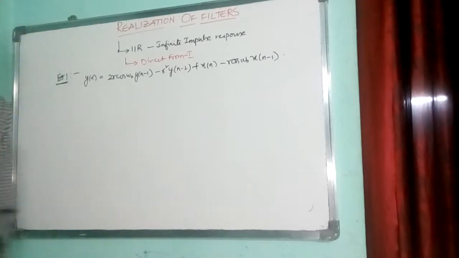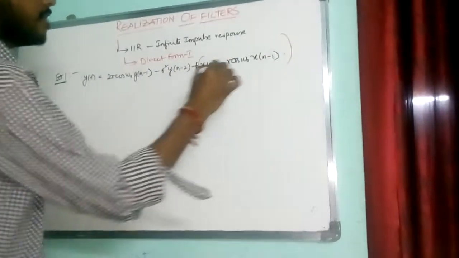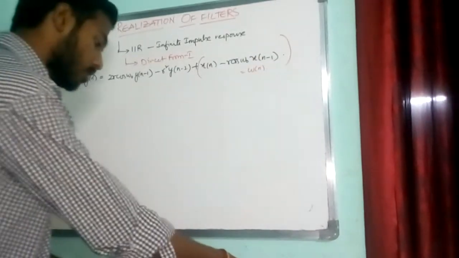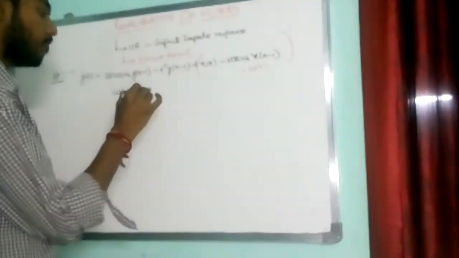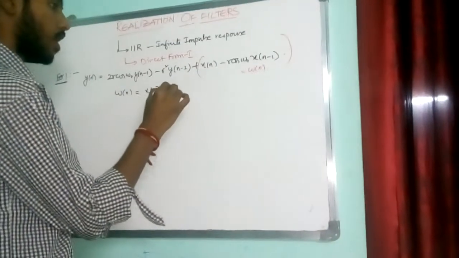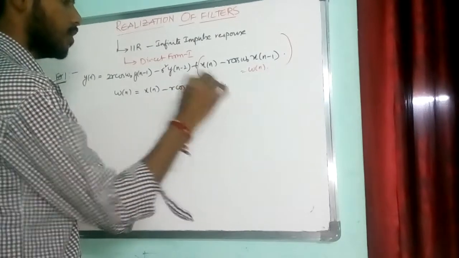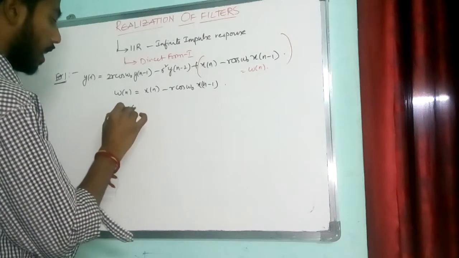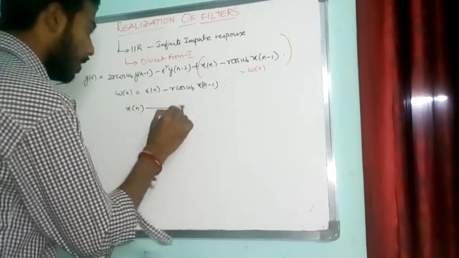Okay, so the first step we do is we take this x term and we equate it to w of n. Right? So what will be my w of n? It is x of n minus r cos omega naught into x of n minus 1. Right? Now what should I do? I will take x of n, right, and